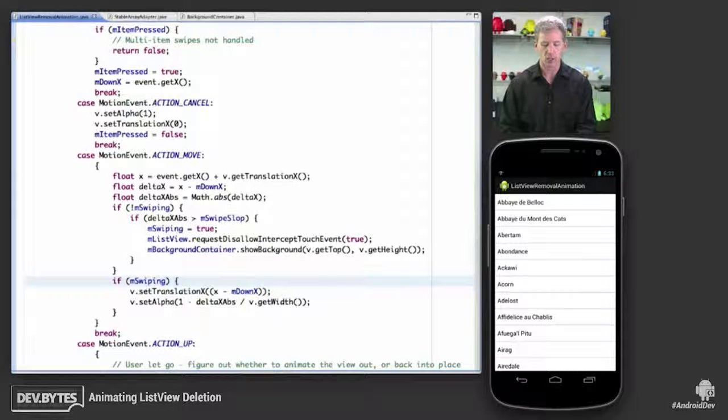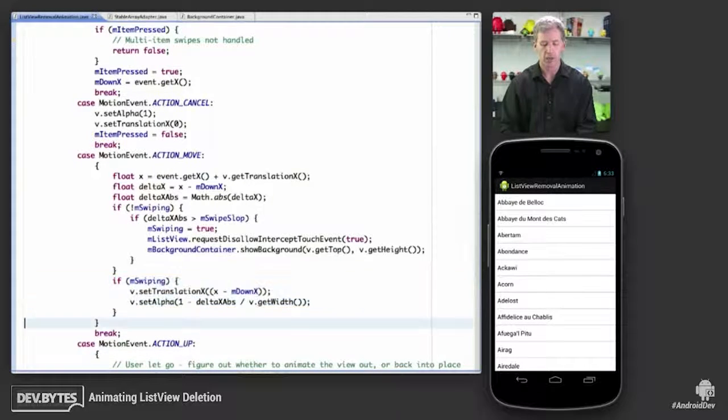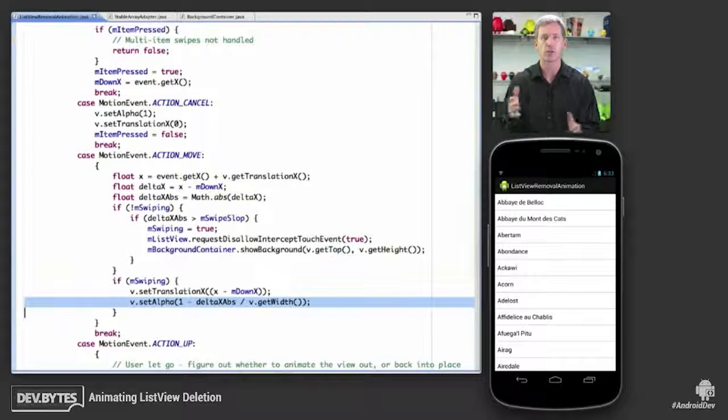So if we're actually swiping this thing, then we're going to set the translation X. We're going to move this item back and forth according to how far the user's finger has moved. And we're going to set the alpha. We basically want it to be the inverse of how far away it is from wherever they started. So the closer they get to the edge of the screen, one way or the other, the more translucent it's going to be. The idea being that it's going to fade out all the way by the time it gets